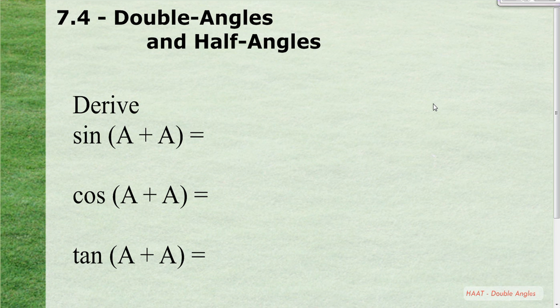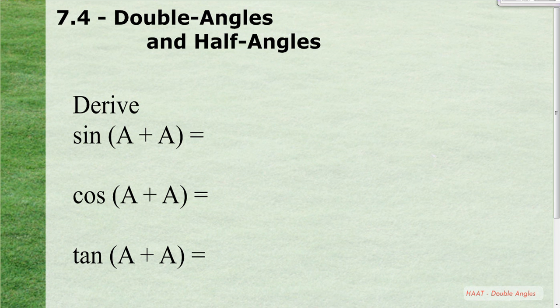What we're talking about today is double and half angles, and what I want to talk about is where we're getting the formulas from, and then I'll show you a couple of examples. So the first thing I'm going to have you do is derive these double and half angles, so for example, we would end up writing it out as,